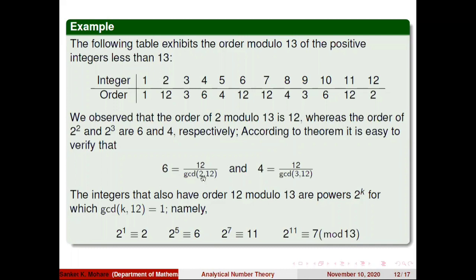They are co-prime. Okay, so 3 upon 1 is 3. That's why order of 3 square is what here? Order of 3 square is 3 itself. Okay, so order of 3 square means order of 9, that is 3. So one can calculate order of 3 cube, means order of 27 modulo 13. It is also the same way you can calculate it. So this is the application of that theorem. Okay.